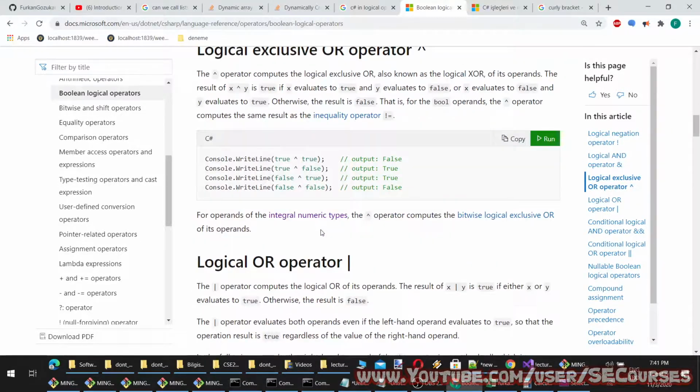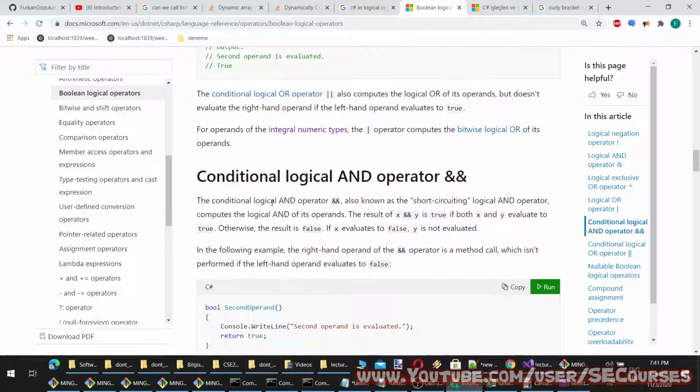Yeah, I wonder if there is any difference between them.